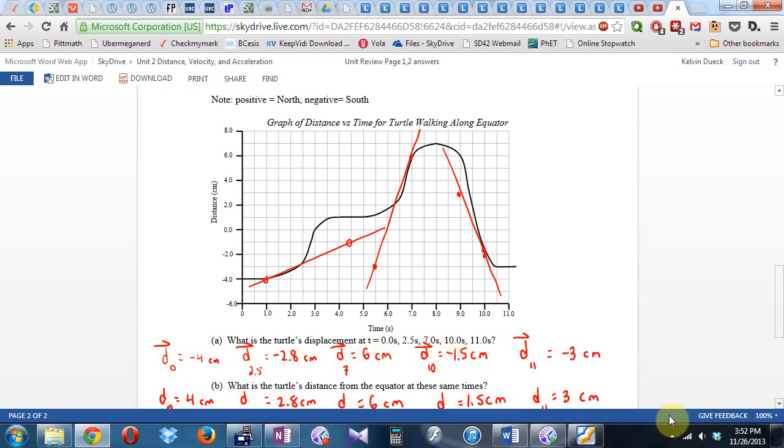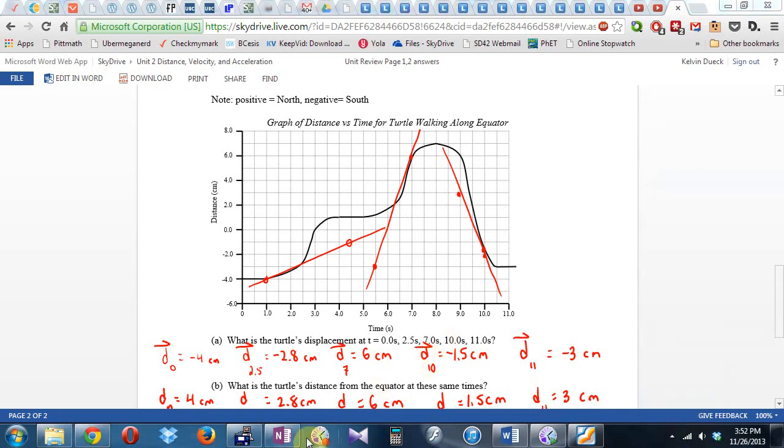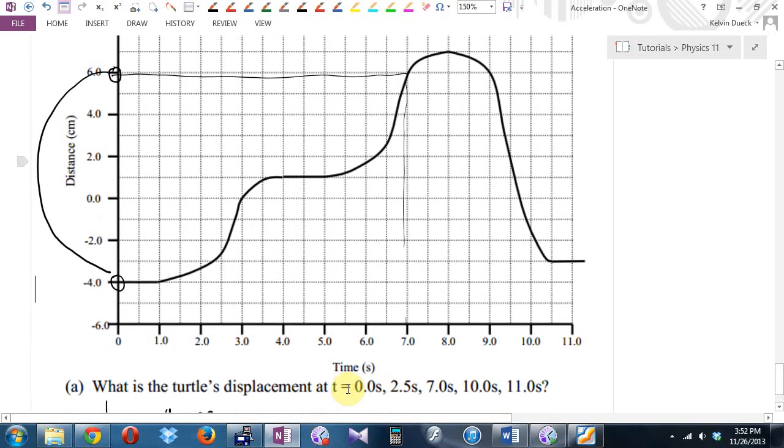Vanessa, candy for you, my angel, joy of my heart. Give me a second here. Whoops, note to self. So yeah, I think the displacement would be,